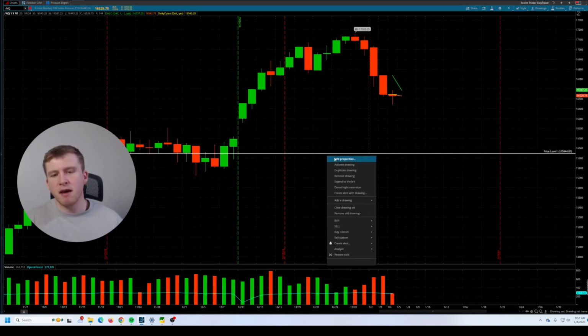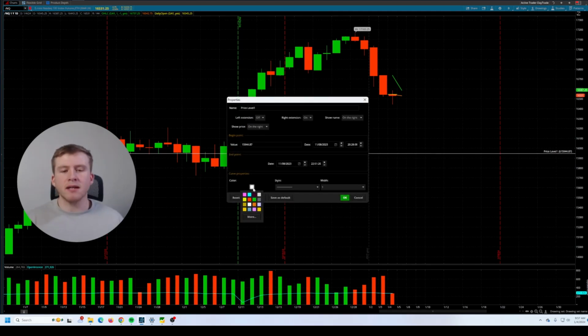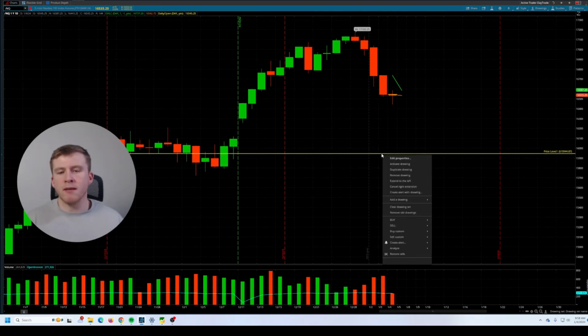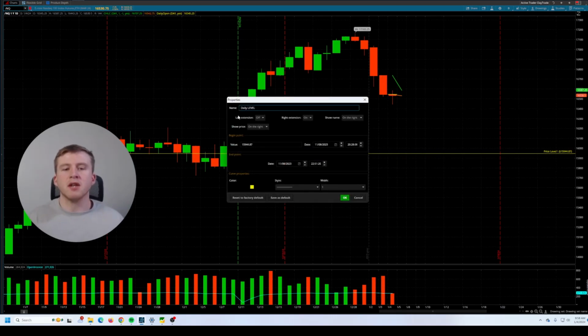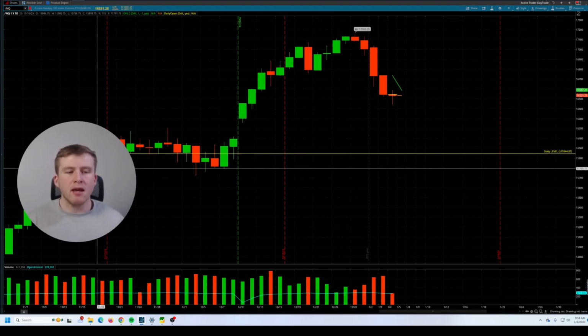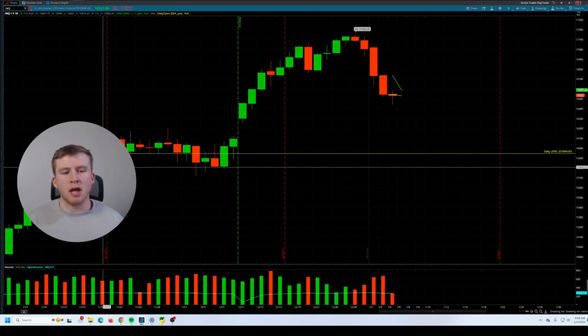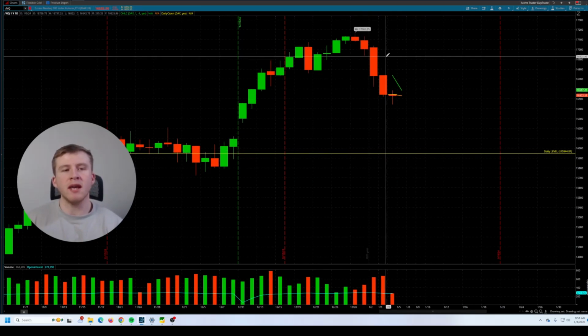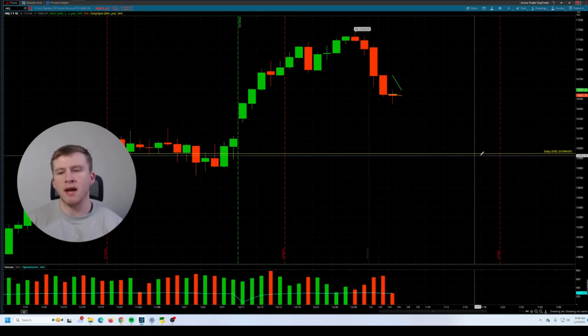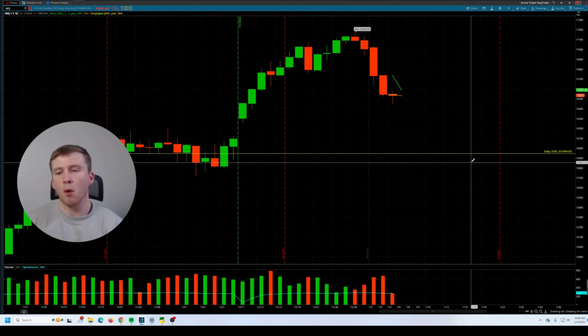And if we know that this is a massive level, what I typically like to do then is let's highlight this in yellow, just so we know. And then let's go in here and let's say this is a daily level. So this is going to be a break and retest level. So we turn to rejection, turn to hold, and then boom, we held here. So if we get a sell-off here on NQ all the way down here, I'm expecting some sort of support around